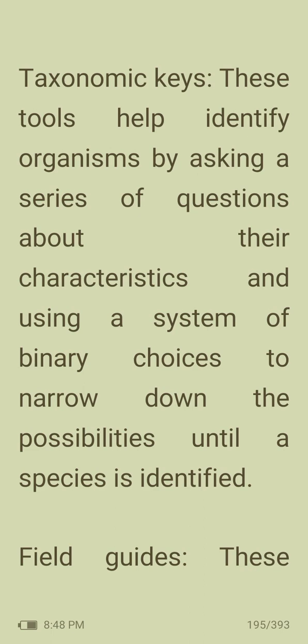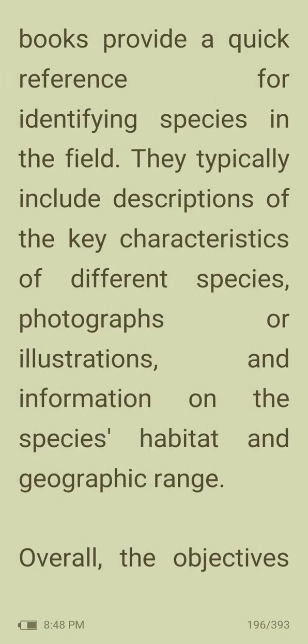These tools help identify organisms by asking a series of questions about their characteristics and using a system of binary choices to narrow down the possibilities until a species is identified. Then, field guides. These books provide a quick reference for identifying species in the field. They typically include descriptions of the key characteristics of different species, photographs or illustrations, and information on the species' habitat